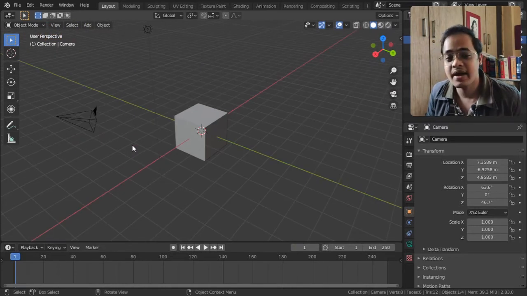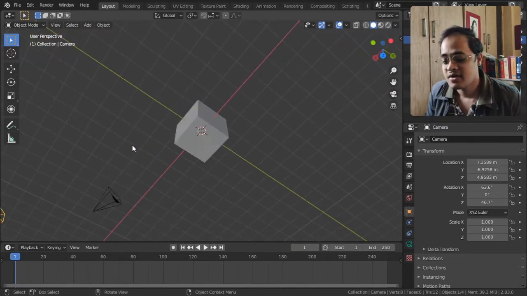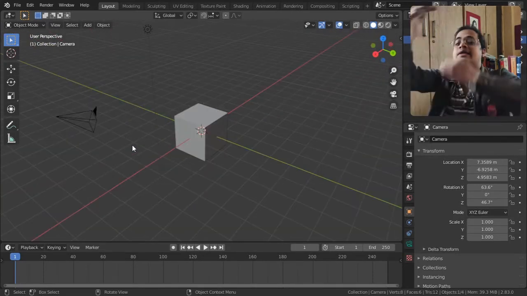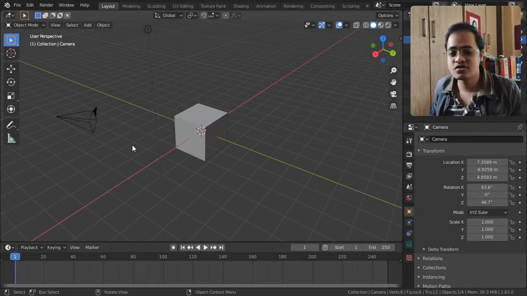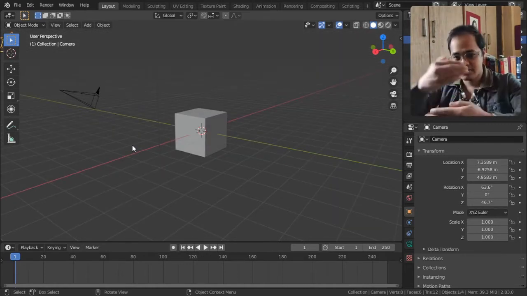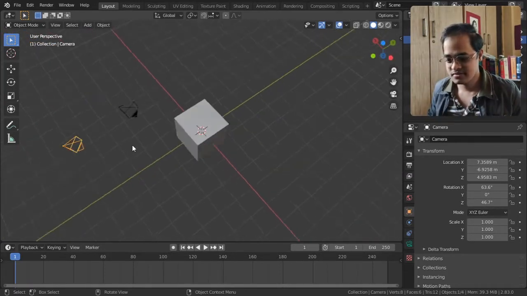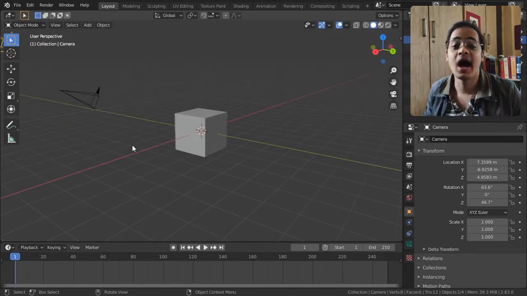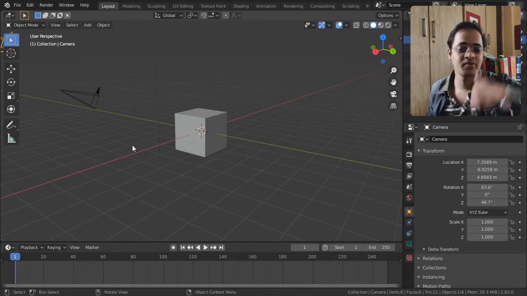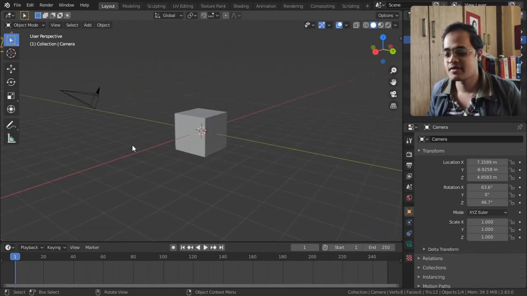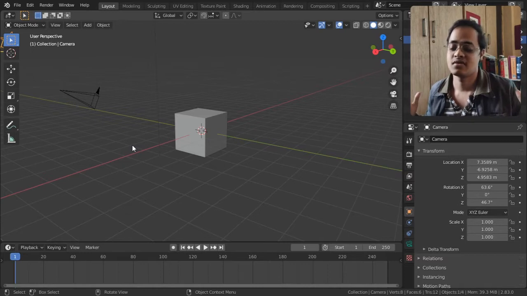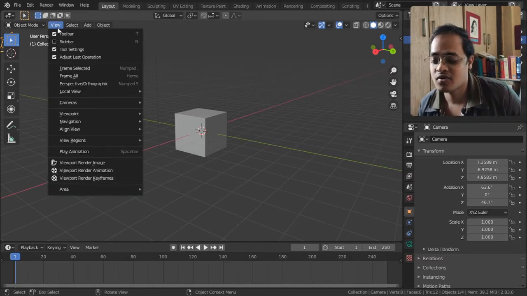And if I tap numpad 8, we can rotate around the object like this. And if I use numpad 2, we can orbit around the object like this. And numpad 9 does opposite views. We are seeing from here, we are seeing from there, we are seeing from here, we will be seeing from that side. So for that, numpad 9 is useful. So that's how Blender developers have provided this.